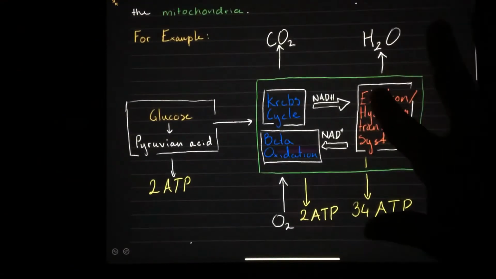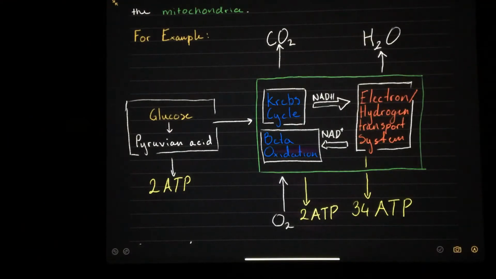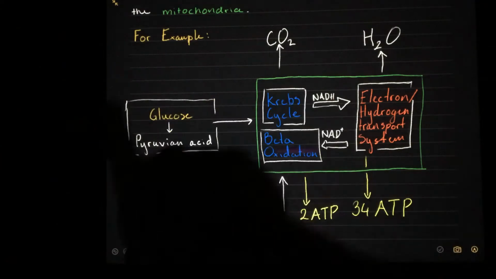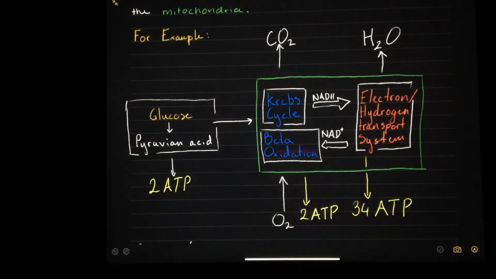You don't have to know this, but it's just basically a summarization of anaerobic and aerobic respiration. So just this on its own is anaerobic respiration. It creates pyruvic acid as well as lactic acid as waste products and generates only 2 ATP. And in stark contrast, this is when the mitochondria undergoes